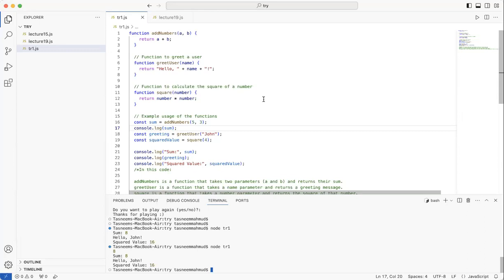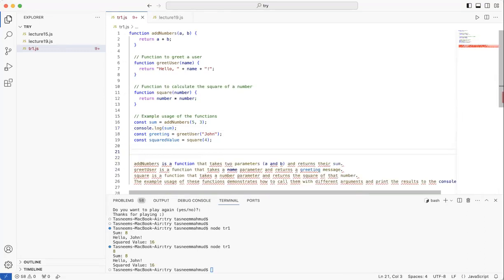Amazing. Why need to write console.log sum since 8 was already there? Oh, just forget about this part. Imagine it doesn't exist. If it didn't exist and it was giving us an error, we would individually try to print this to see if the value of sum is actually what we expect. In this case, 8. Does that make sense, Najla? All right.